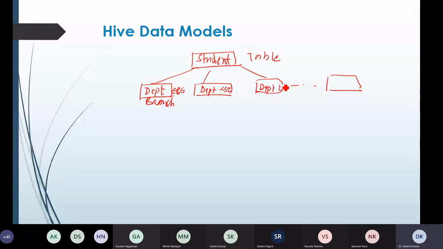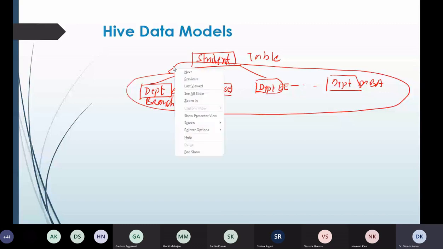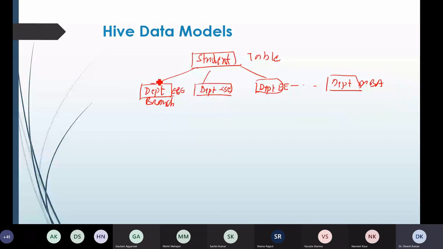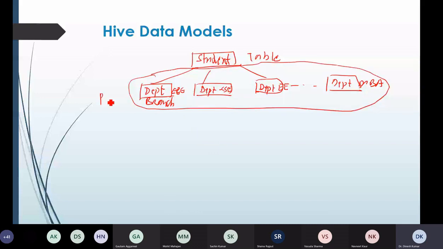All these are called partitions on the basis of one column, and that column is department. So we have created partitions on the basis of this particular column, department.